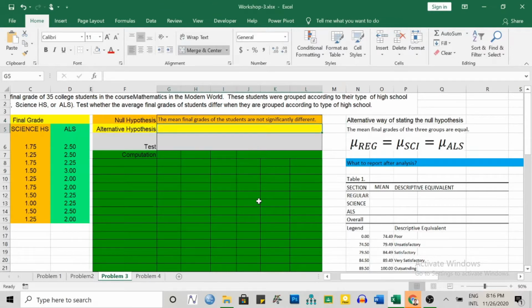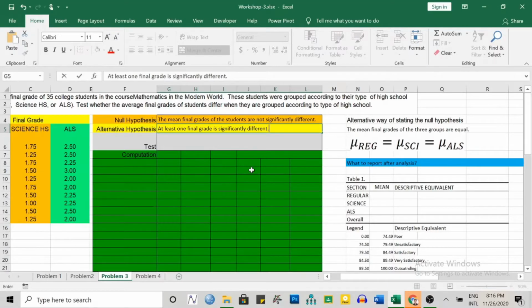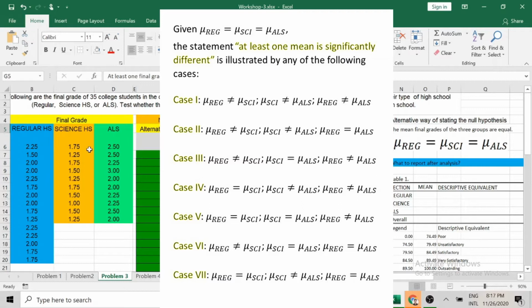Anyway, let us proceed now to our alternative hypothesis. Our alternative hypothesis is at least one final grade is significantly different. Take note of the word at least. This means that there are more than one possible scenario for this. At least one final grade is significant when one of the three groups here have a different final grade, and the other two are not significantly different, meaning they are equal, or the three of them are really significantly different,